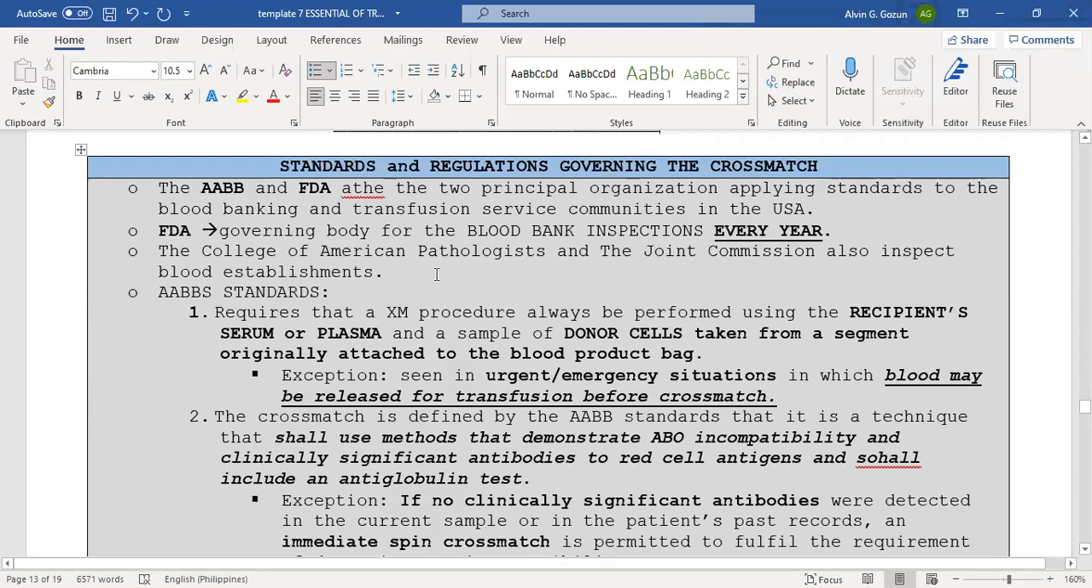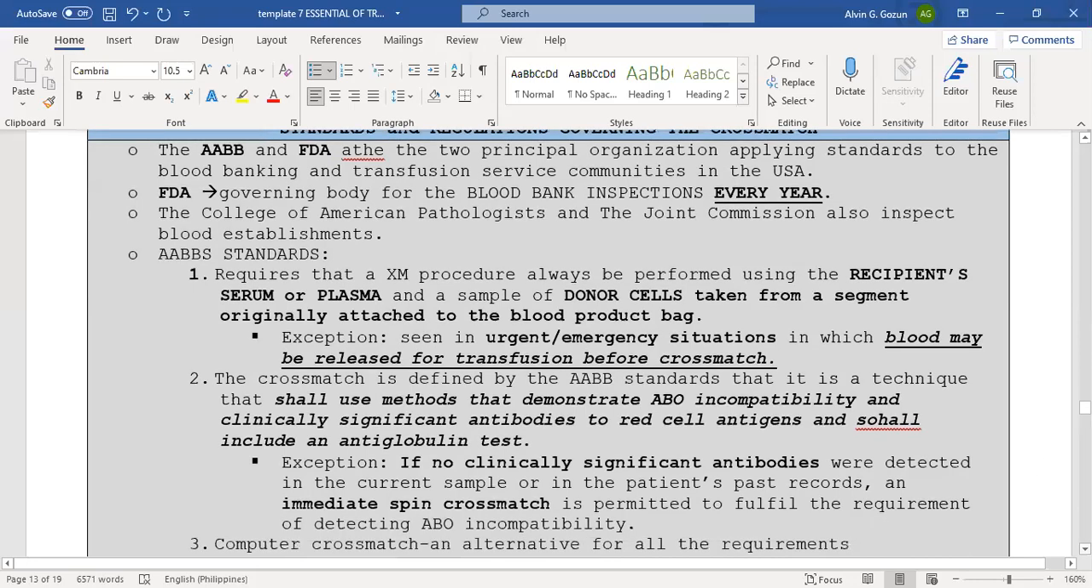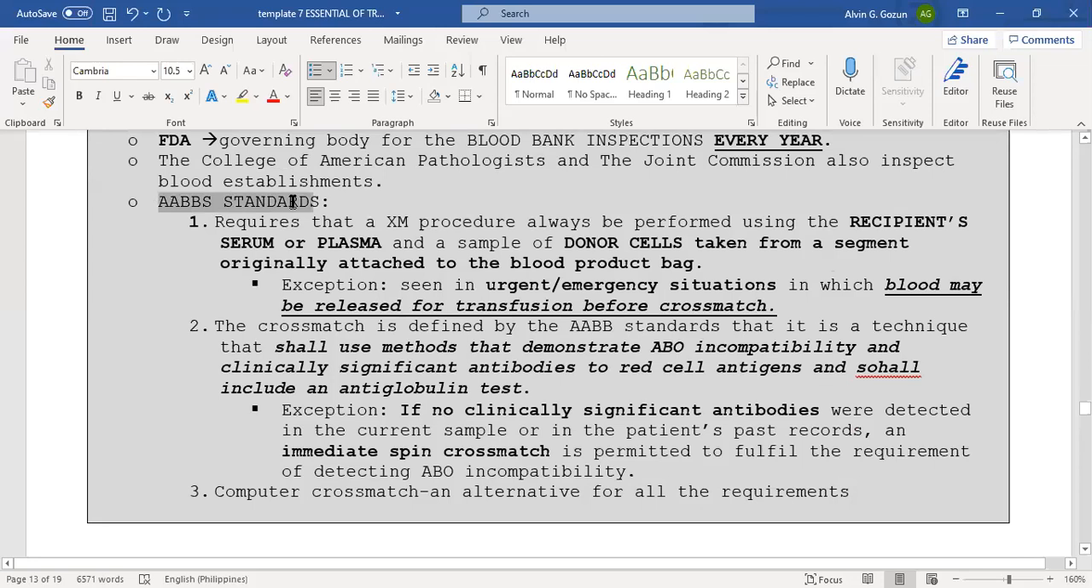The College of American Pathologists and the Joint Commission also inspect blood establishments. According to AABB standards, a cross-match procedure must always be performed using the recipient serum or plasma and the donor cells, taken from the segment originally attached to the blood product bag. Exception: this is not done in urgent or emergency situations in which blood may be released for transfusion before